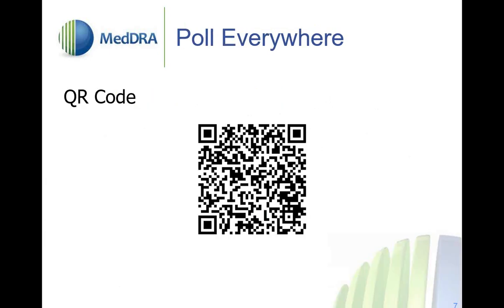On the very next slide, in case you're using a smartphone, you can show your camera this QR code, and it'll take you immediately to the Poll Everywhere platform without having to type in the whole URL. So let's all do that. I'll give everyone a few seconds to use either the QR code or the URL from the previous slide. You can also get the login instructions in the chat section, available for your reference throughout the session.